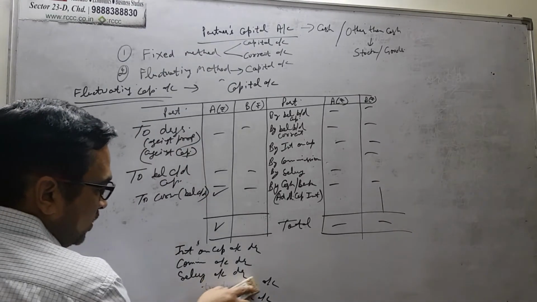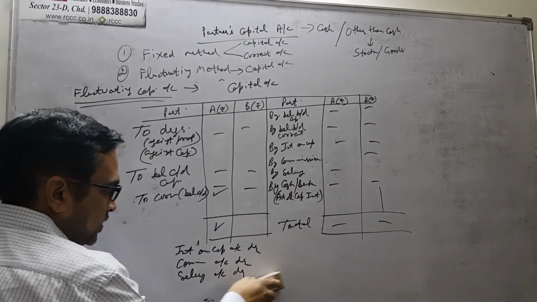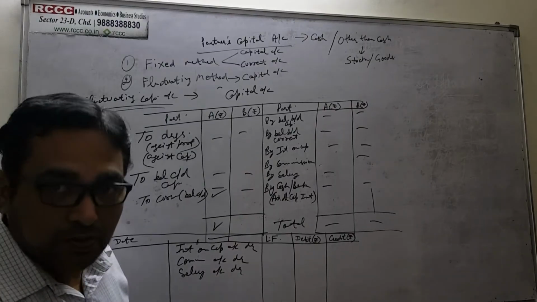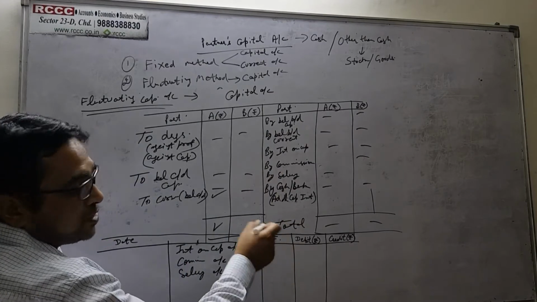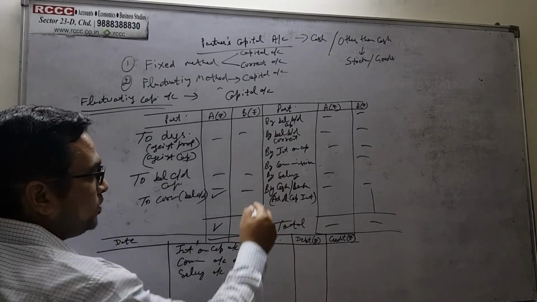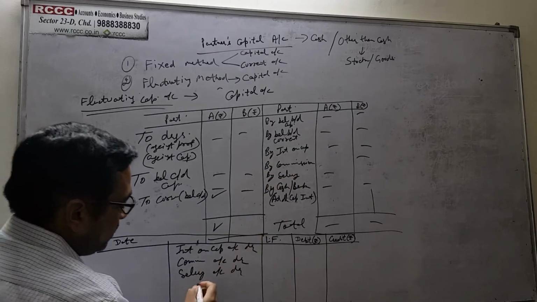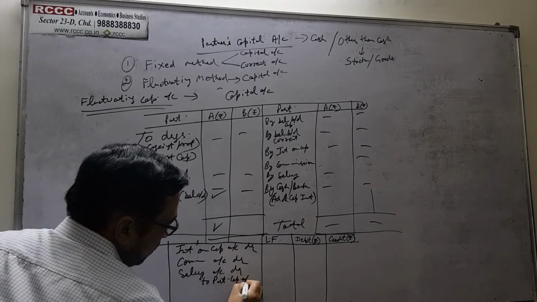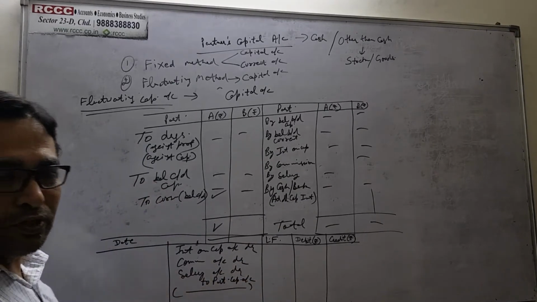So it is all the items on the credit side, and to capital account. So students, what will the journal entries be? There will be a compound journal entry that I am going to make. It will be interest on capital account debit, commission account debit, salary account debit to partners capital account and the narration, right? This will be the entry for the credit side.